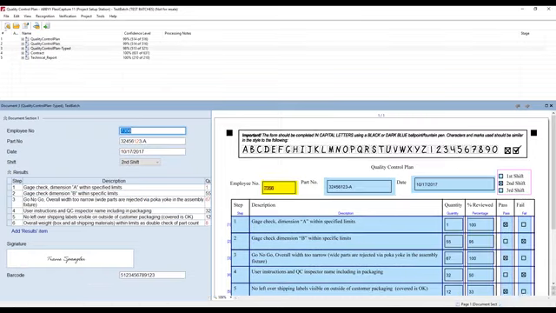The next quality control plan is typed. My point of showing you this is, once again, it doesn't matter if a document is handwritten or typed. We're going to extract data here and present it to you in a nice, clean fashion that you can use. So that's a very typical business use case that we get.